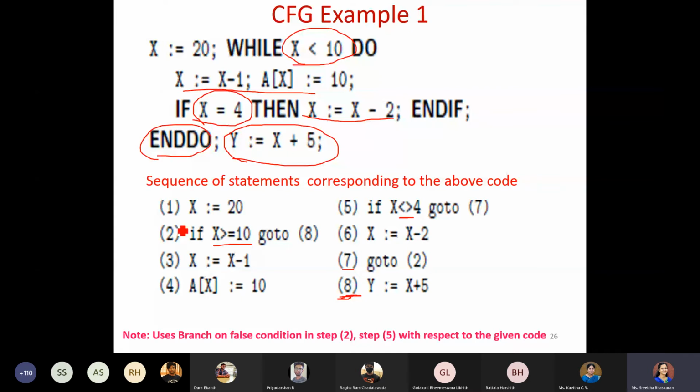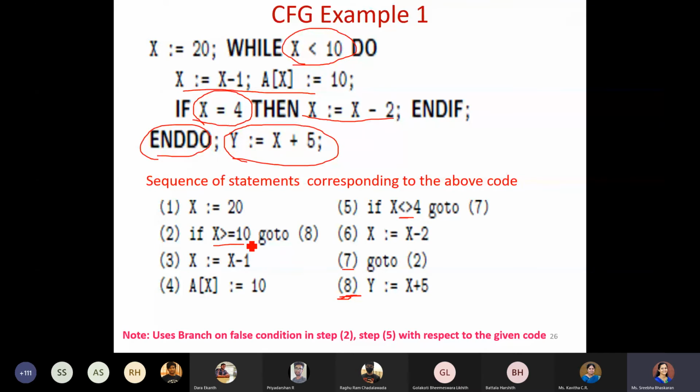So once we have finished numbering, the while statement, all the conditions we have written opposite. If you remember in assembly code, the same concept applies here. What you want to achieve, the opposite of that would be the condition we write. So here if you say x is less than 10, then we would write it as x is greater than or equal to 10. If this condition is satisfied, that means you have to come out of the loop. So you have to reach the eighth statement, which is nothing but y equals x plus 5.